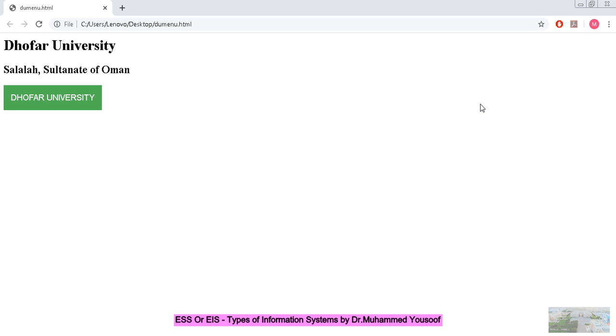Can you see now? Dhofar University, Salalah, Sultanate of Oman. This is H1. Now you see this is the button, drop button. This is what you have in the item, 3 items. See CE, you see the property change. It is light green, and when I keep the pointer over it, it becomes dark green. That's what I wrote in the style.